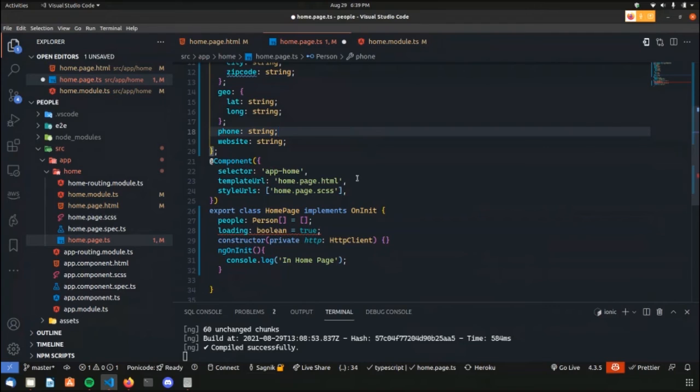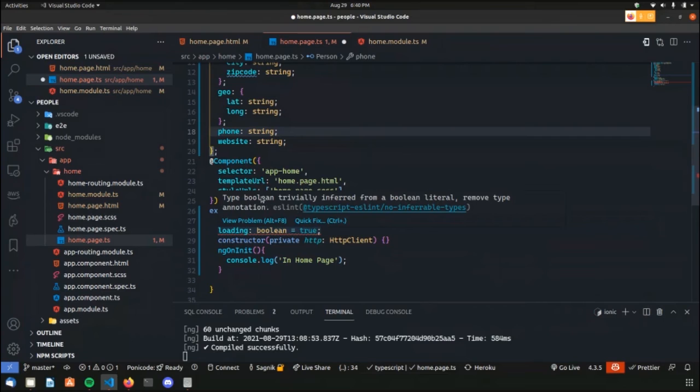Why do we need to do this? Why do we need to show the user something at least? That is because calling APIs are asynchronous tasks. Asynchronous tasks are anything which doesn't happen one after the other. Calling the API and receiving back some response, you have to wait for it to end. So they don't happen sequentially. You have to wait till you get back some response, and once you get the response, only then will you be able to show something. If you don't show something, the user will be confused, and that leads to a bad user experience. We don't want that.